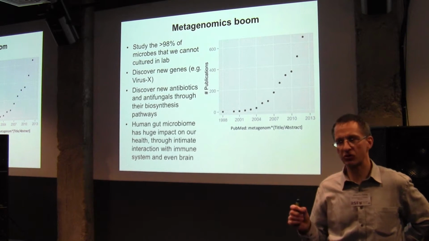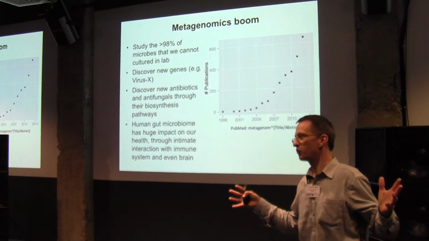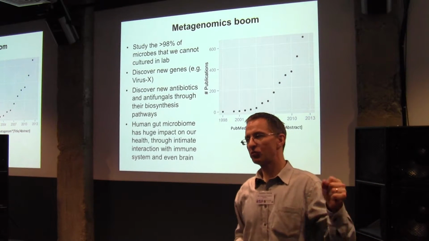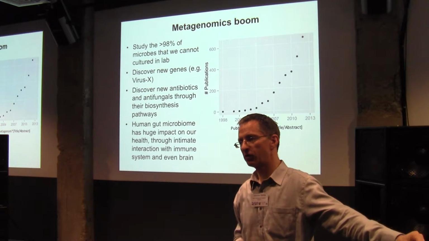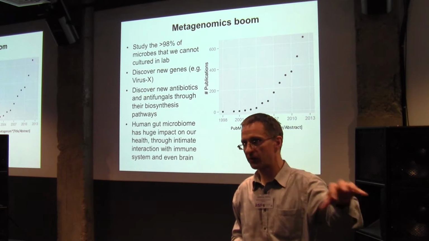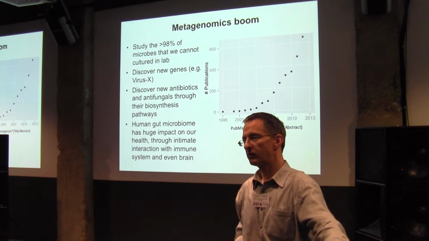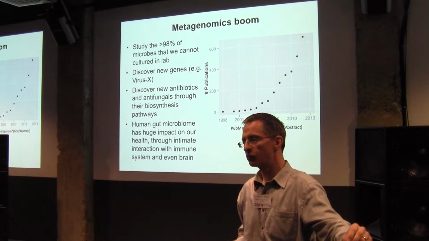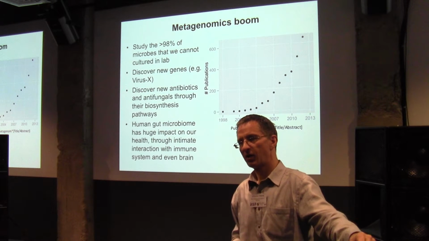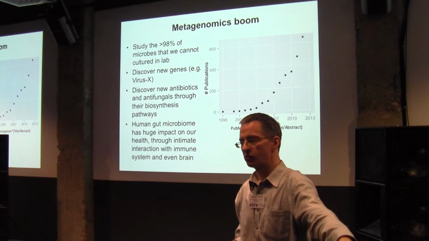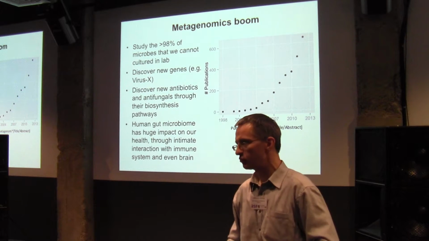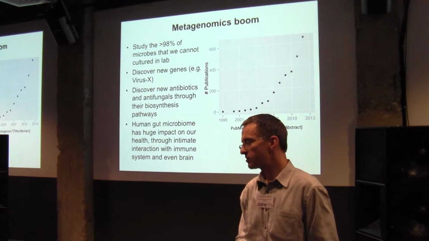Because metagenomics, just in case you don't know, means that you don't have to cultivate your bacteria or whatever microbes you're looking at, fungi or whatever. You don't have to cultivate them because you can do that only for maybe 1–2% of all the known species. But you just sequence them out of their natural environment. You take everything you find in the soil, in the human gut, on the skin, whatever, and you just sequence everything there is.